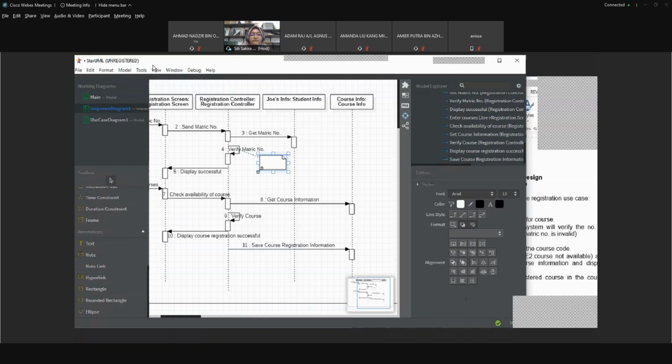When you type here in the note, you have to type E1, metric number not valid. Okay, so that is to show that there is an exceptional flow. This exceptional flow, we need to also draw the sequence diagram, but at the end of it. But for this question, you just